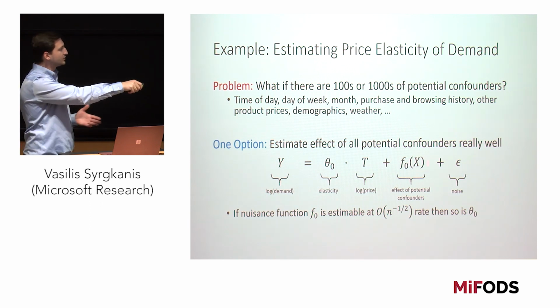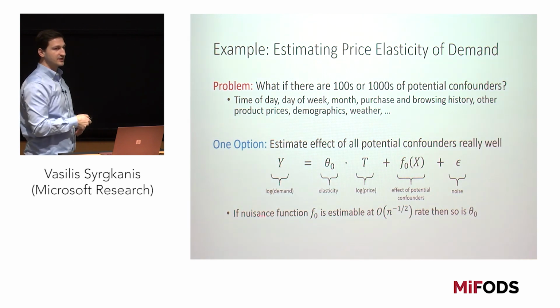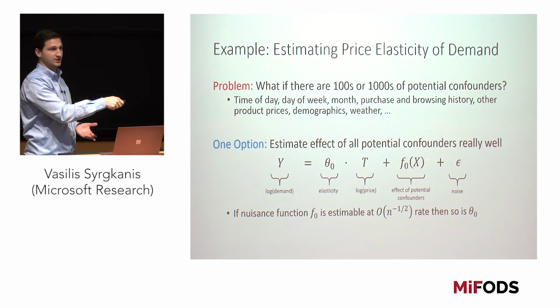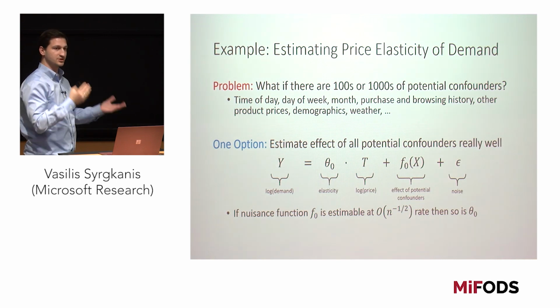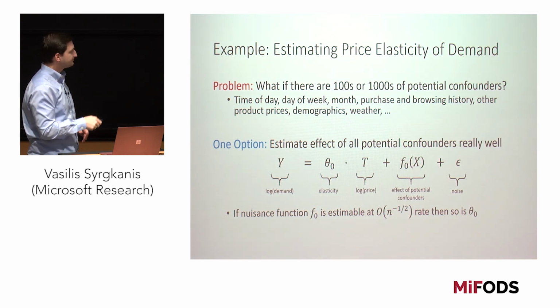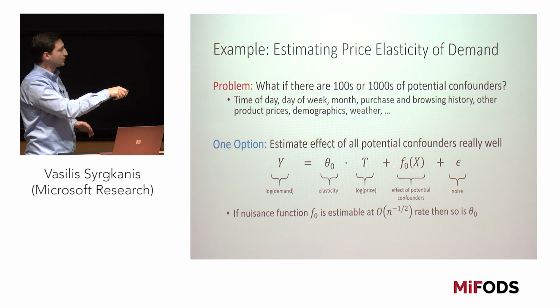I might need to estimate this quantity over here, this function f of x, of how the confounders affect the outcome, but it's not that I really care about this function. All I care about is this coefficient in front of the price. And we'll call the price also interchangeably treatment because it's a more general setup. So these are like the auxiliary models, the nuisance models, that you need to fit in order to get a causal estimate, but you don't really care about.